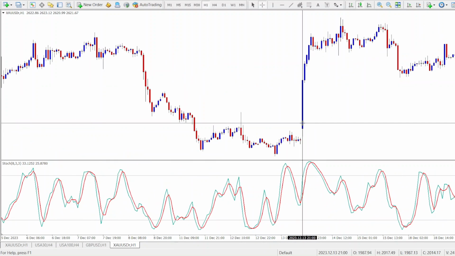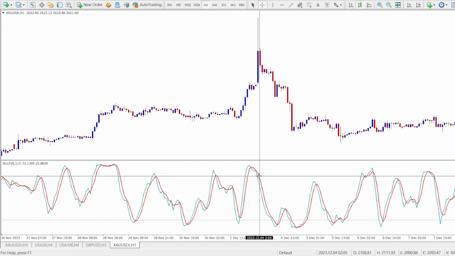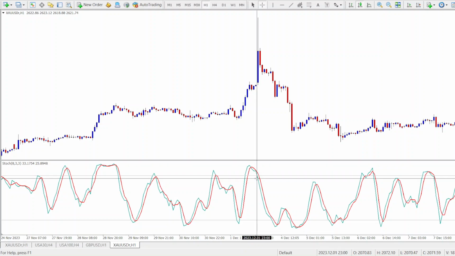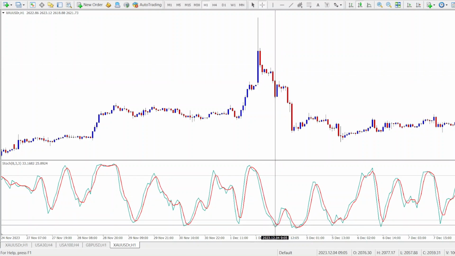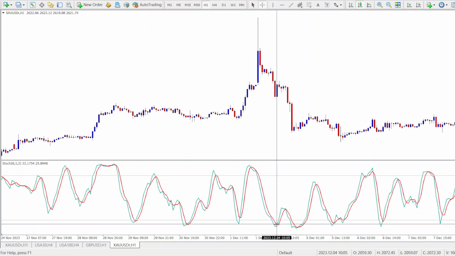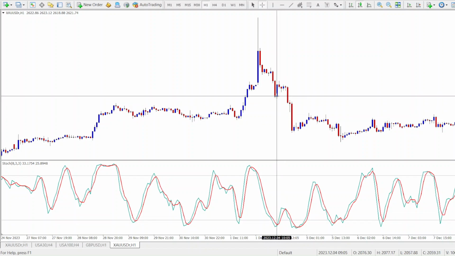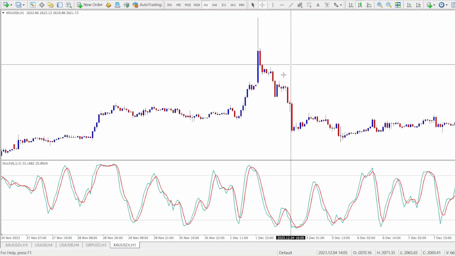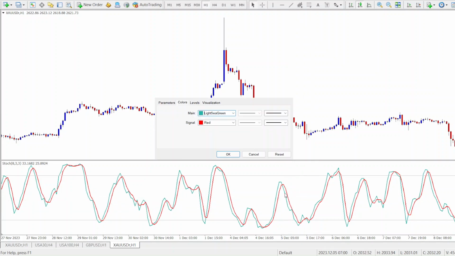Okay, and now as for a sell signal, we can see that when the stochastic is in the overbought region, after a crossover happened, the price reacted accordingly. And then an exit could be at the oversold region when the bullish crossover happened. So perhaps we would have exited our trade somewhere around here, and the stop loss would have been right above the swing high. Basically, this is how the stochastic oscillator works,